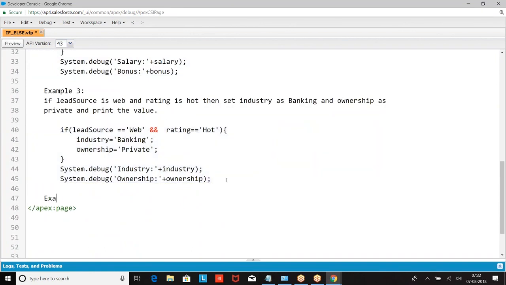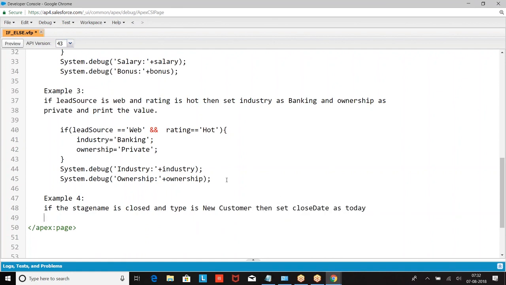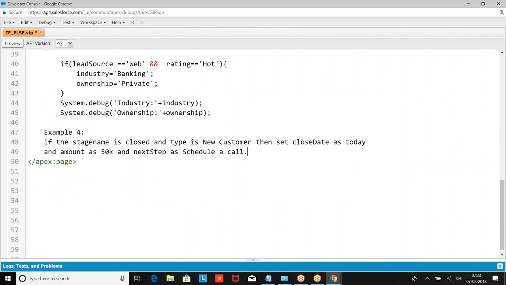Then we have the next one. The stage name is closed, type is new, set closed it as schedule a call.